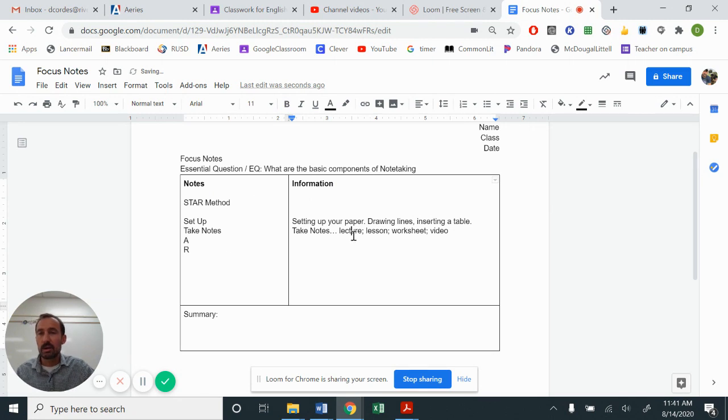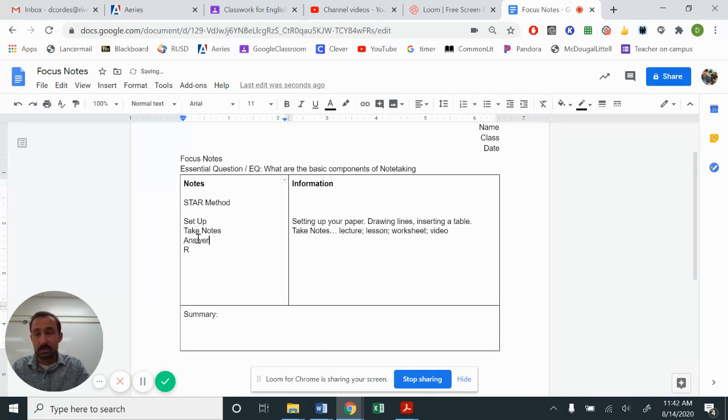So you guys can see here how I am placing things next to each other. So if I was to say, what's the STAR method? I could put my hand over the information, block this part out, and then begin to study back and forth. Okay, so I take notes in this area. The A is for where you would